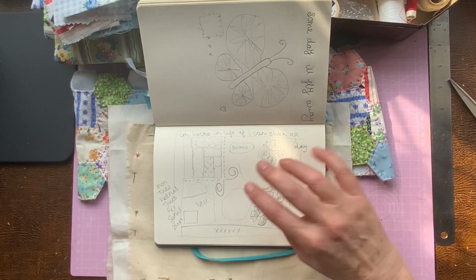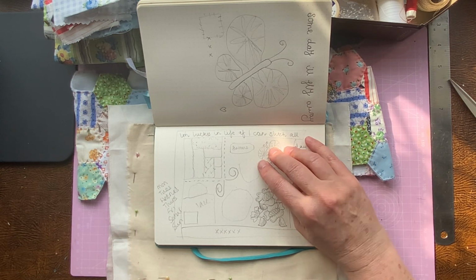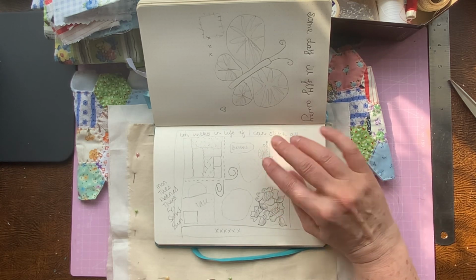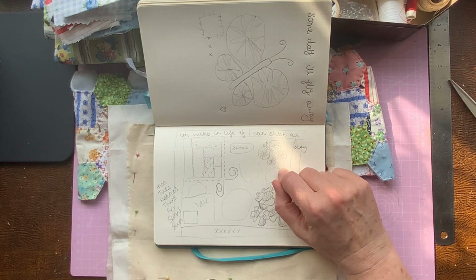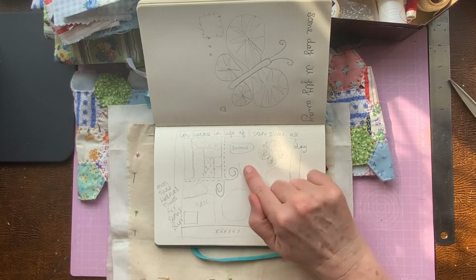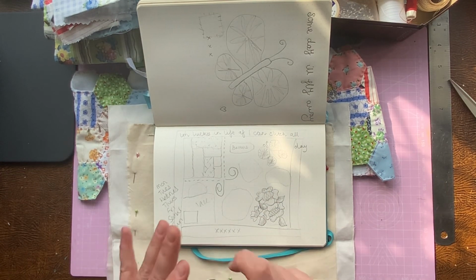in this corner. I recently made a Suffolk puff butterfly and it was really cute, so I'm kind of thinking I might put another butterfly on this. Thought maybe put some buttons in, and I've got a few spaces there for other things. I may do some applique, cut some little vintage